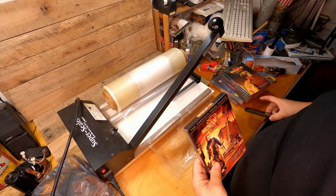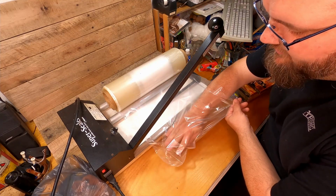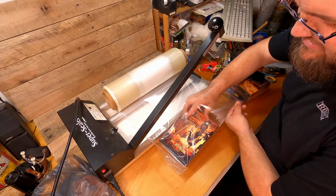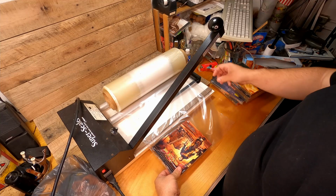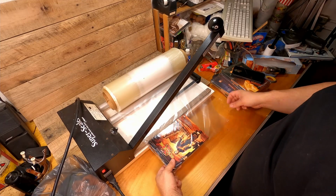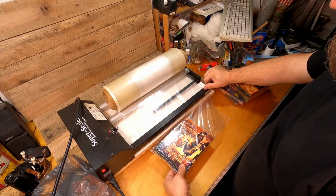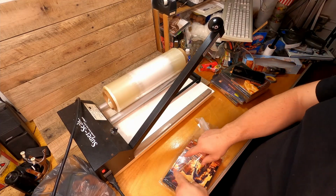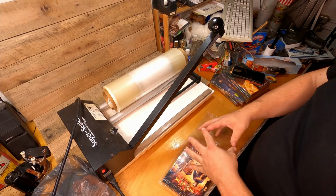So what I'm going to do first of all is take this cellophane here, and if you see, it makes a little pocket, and we are going to stick this into the little pocket like so. We want to get it all the way up there to that corner, and then we kind of pull the slack out of it. I'll reach up here, take the tension out of this, pull all the slack out of it, and then what I'm going to do is slowly lower this down, and it will heat up, and then I can slowly pull it away. The key is to do it really slow, because if you go real quick, you won't get a good seal. It'll pull the two sides apart like that, and when you shrink it, there'll be a big